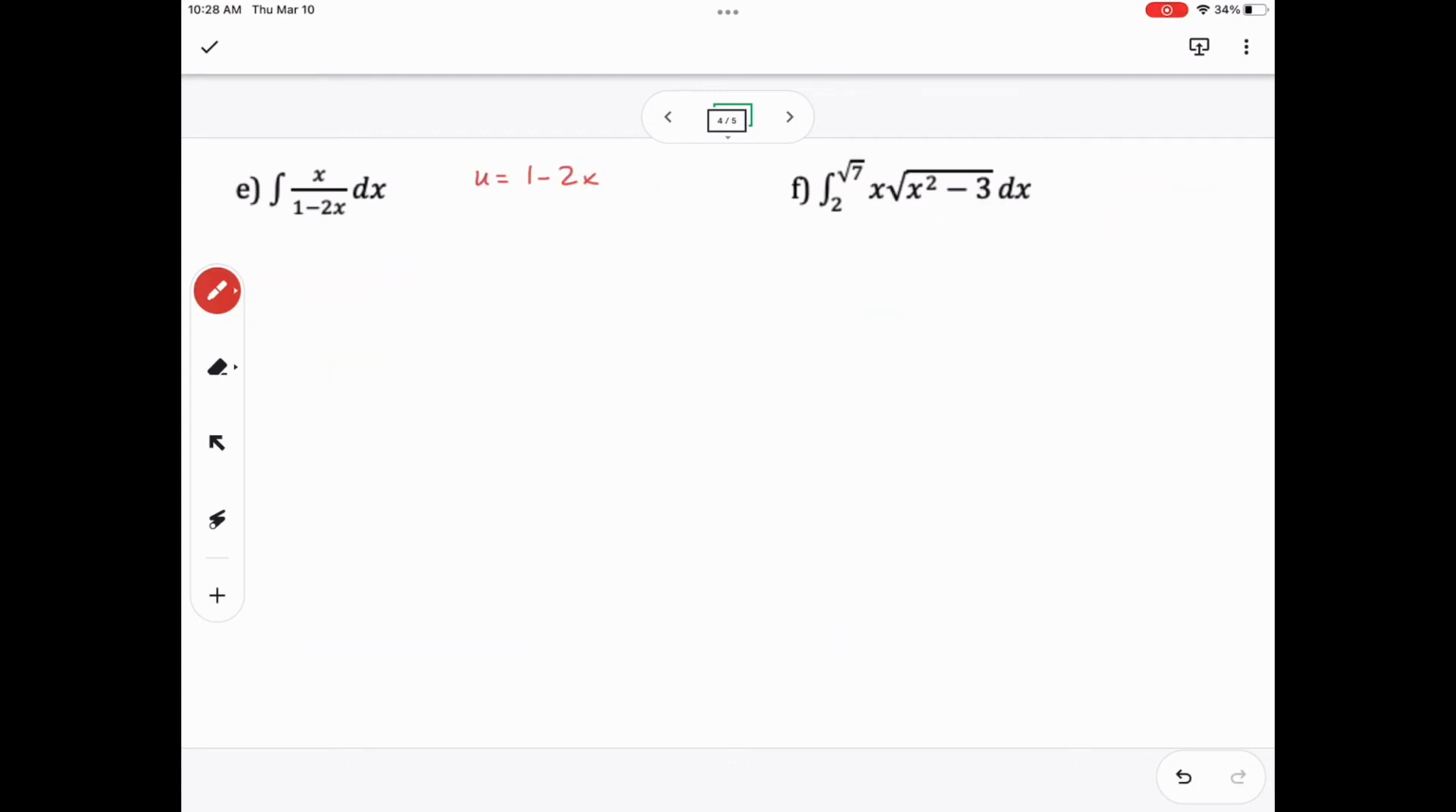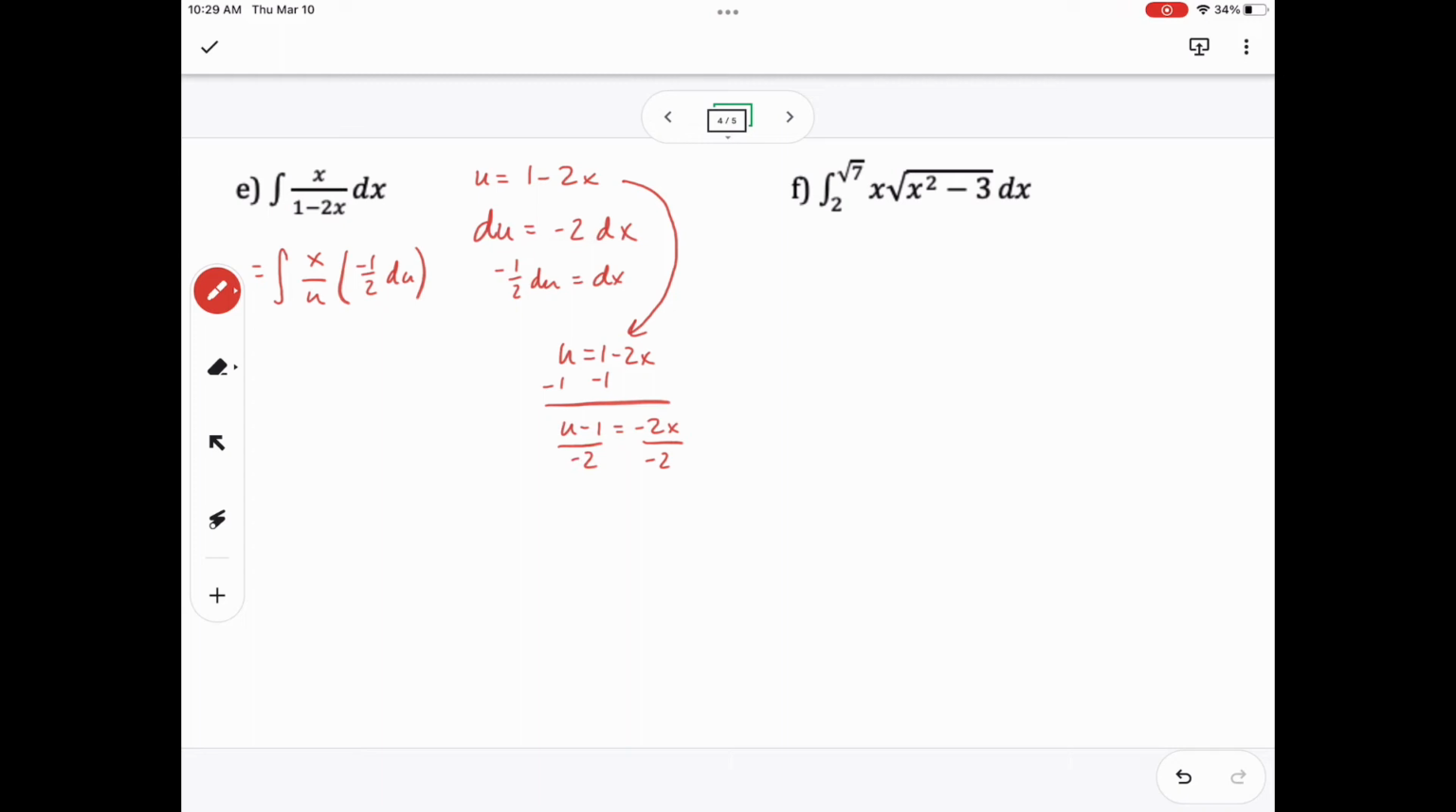Letter E, we'll set the denominator of 1 minus 2x as u, take the derivative. There is no negative 2 there, and so I'll have to rewrite that and say negative 1/2. But as you notice, there's still an x a part of our integral, and I can't really have that. Another way of getting around this is going back to our original statement of u equals 1 minus 2x and solving for x so that we put it in terms of u, and we can insert that in for x